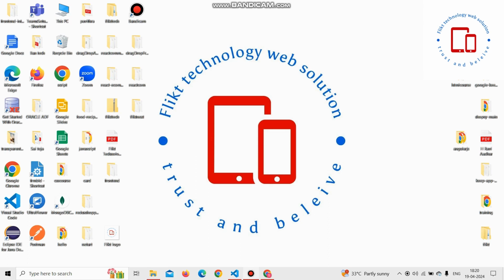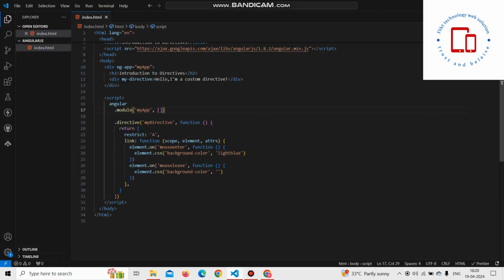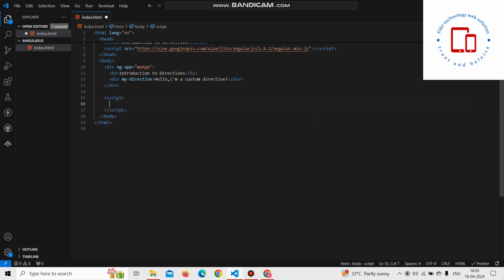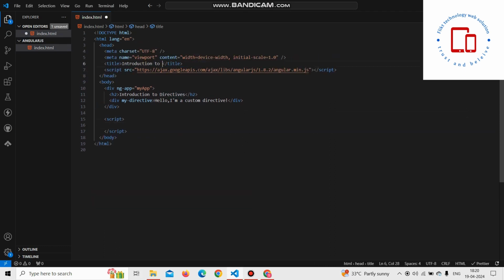Now I am going to show you the code, how expressions work. Inside the body, I am going to create a div with ng-app equal to myApp